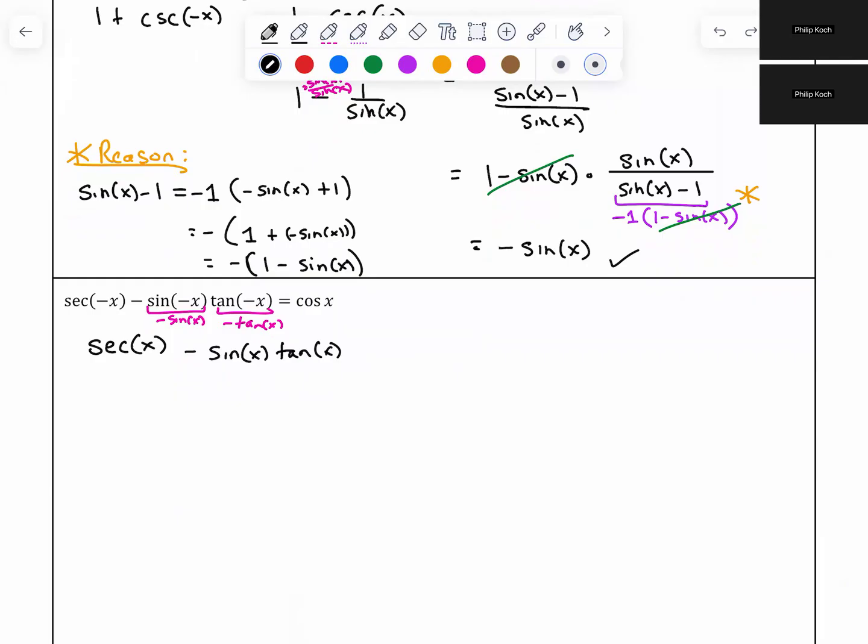The left-hand side looked far more complicated. The more stuff you have to break down, the more options you have. You go down a lot more avenues to try. All right. And from there, what should I do? What's your thought? Rewrite everything in terms of sines and cosines. Beautiful. So this is going to be 1 over cosine of x minus sine squared of x over cosine